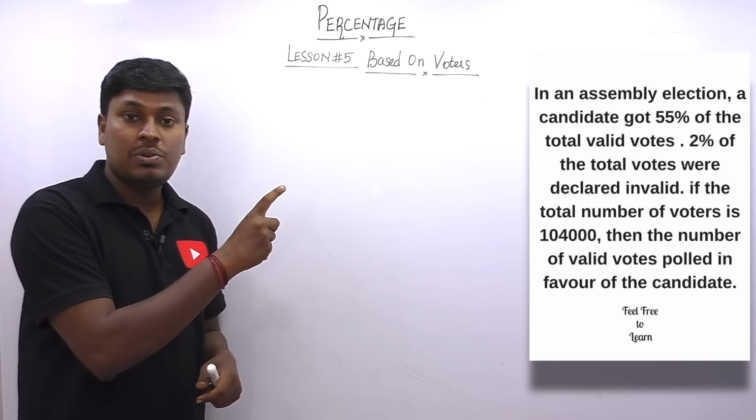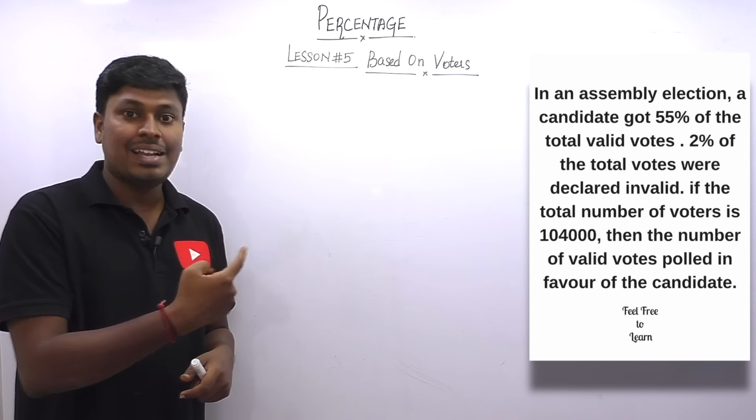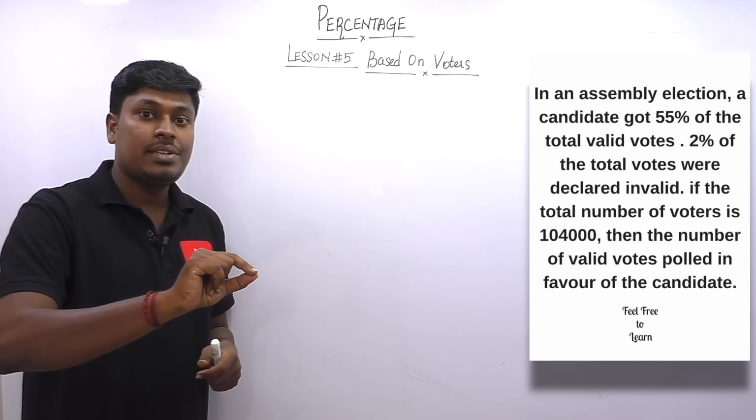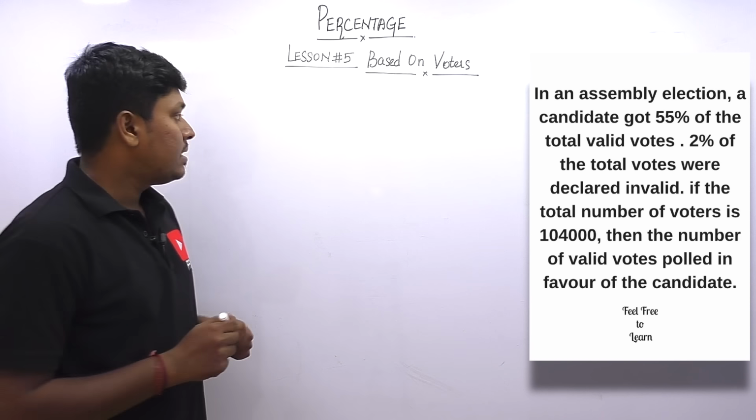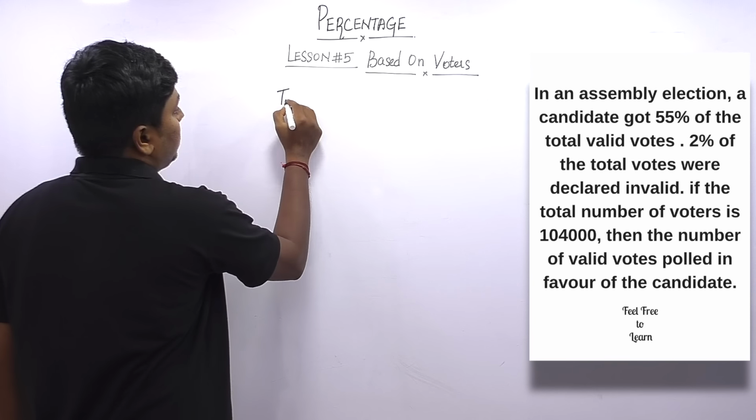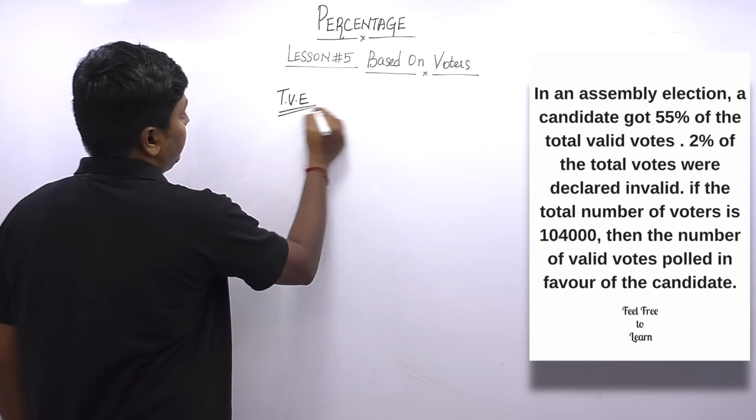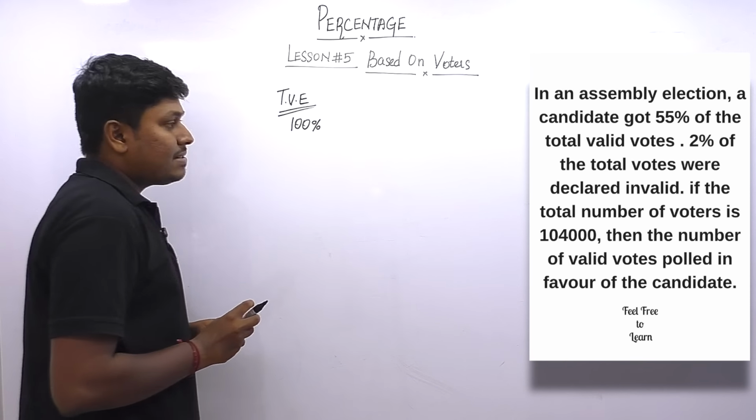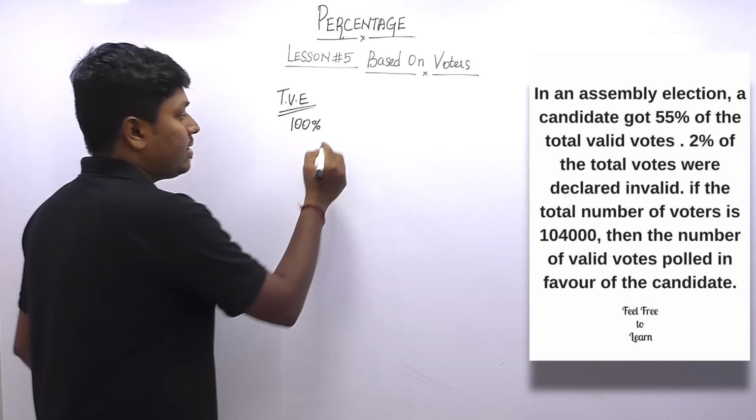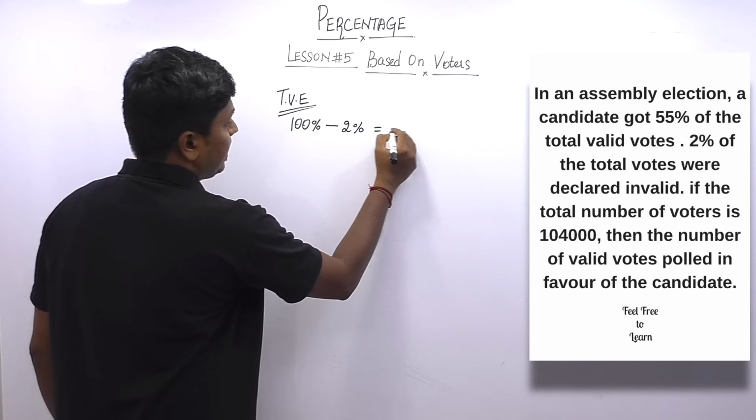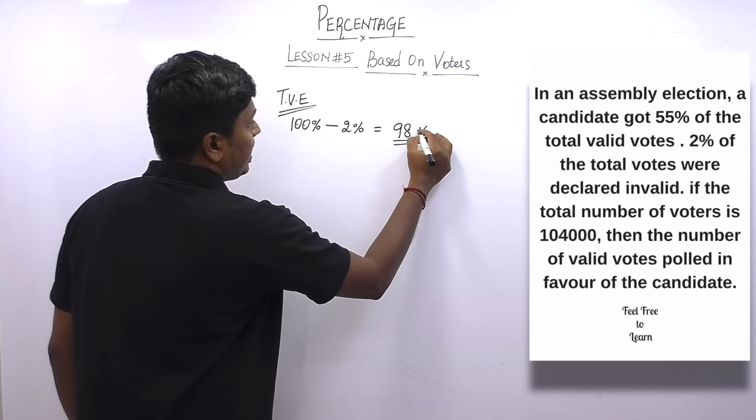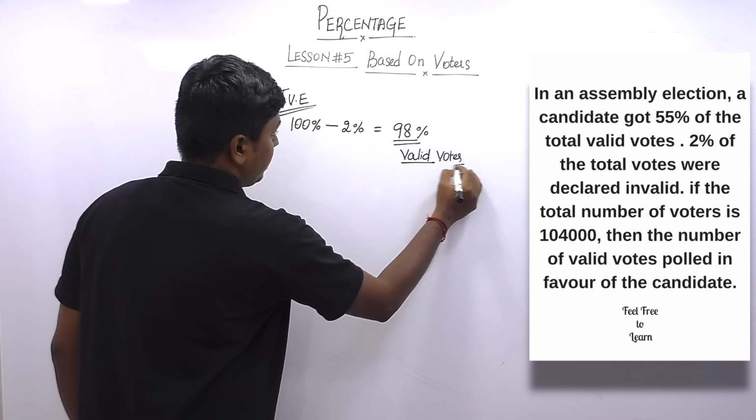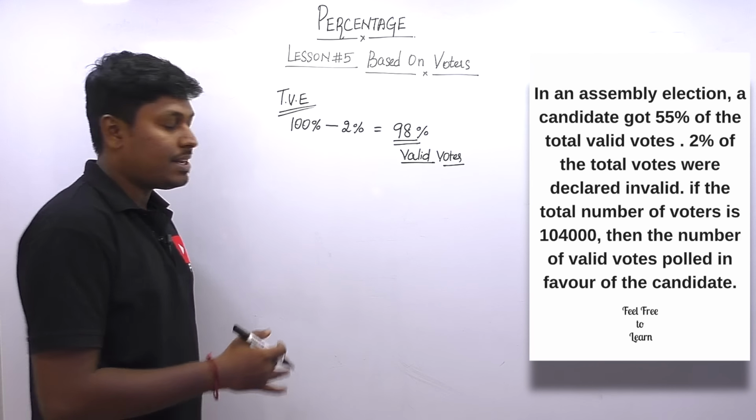This question is similar to question number 6. In the previous question, the winner percentage is directly given, but in this question, winner got 55% of the total valid votes, right? So similarly, we can do one thing. First, total votes enrolled will be 100%, always the base value. Next, 2% of the votes were declared invalid, so minus 2%, which is 98%. Now we can say that 98% is valid votes, and out of these valid votes, the winner got 55%, which means